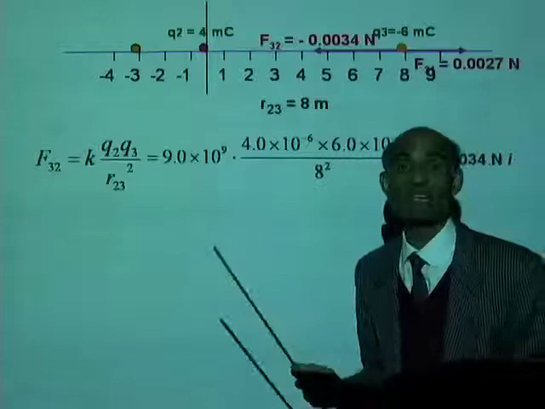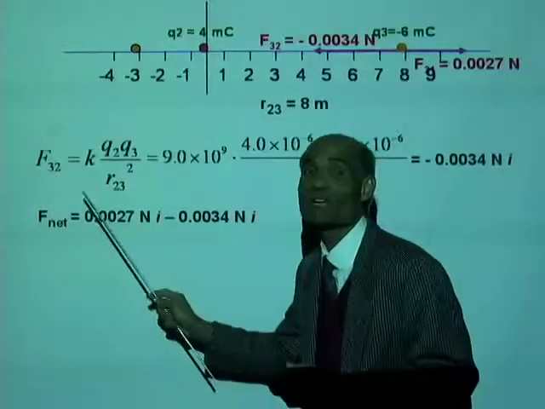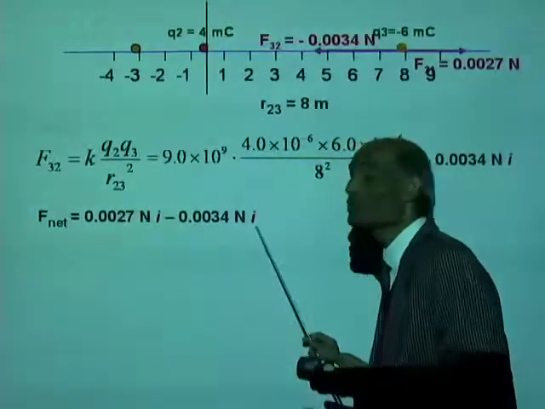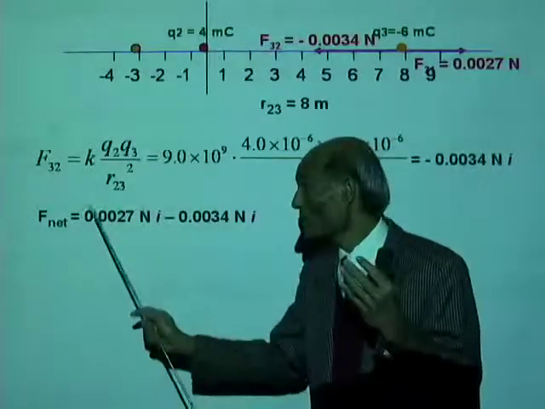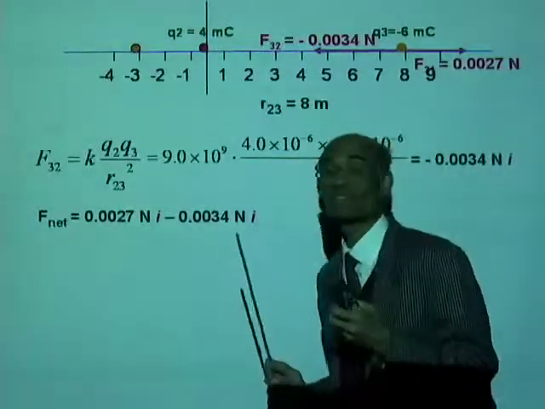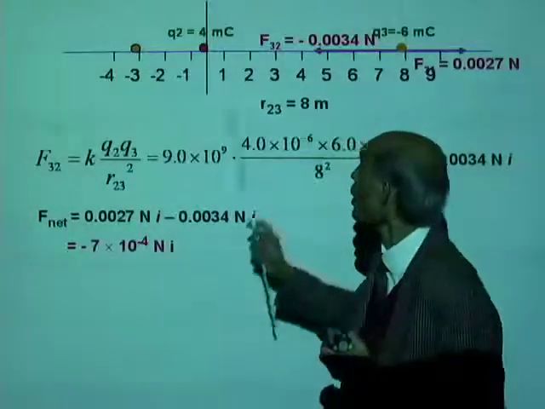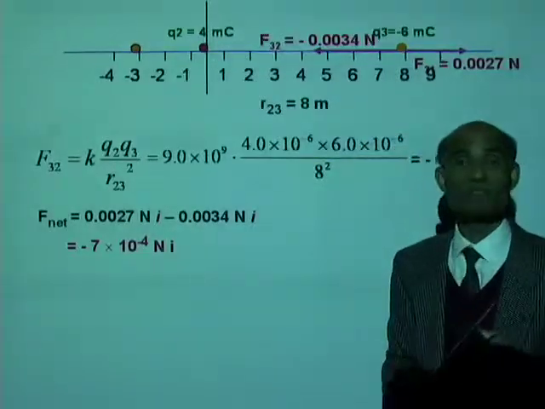We got now two x forces. We can find the sum of the two forces. The net force therefore is the sum of the two x forces. One is positive, the other is negative. That gives you the net force on Q3 is a negative x force. Negative 7 times